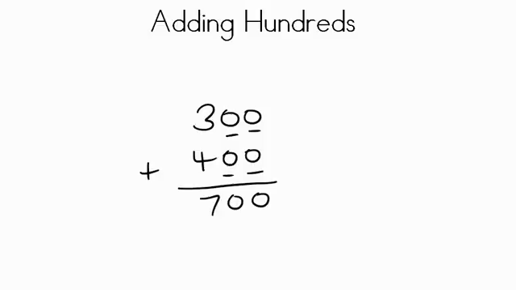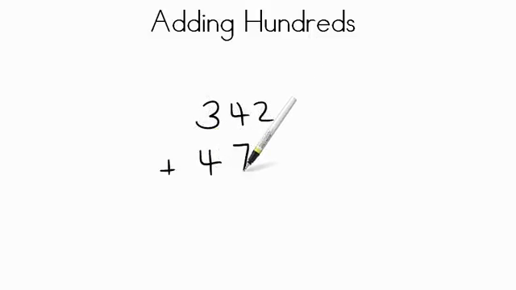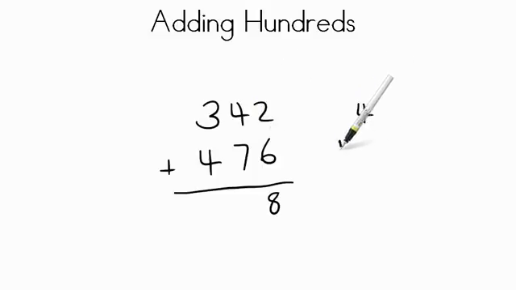Let's find out. Now we're going to change that number up. Now we have 342 plus 476. We start with the ones, and we always start with the ones here. So if we add the ones, 6 ones plus 2 ones, that would equal 8 ones. Now if we look here at the tens, we have 7 tens plus 4 tens. Now 4 plus 7